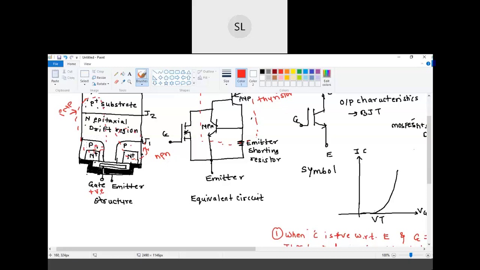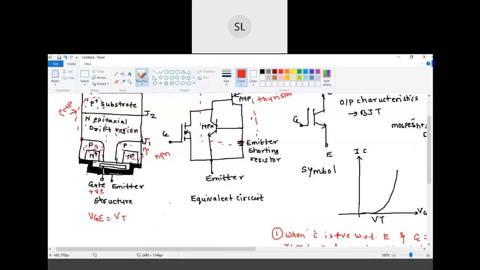Now for Vg less than Vt, this n channel is not sufficient to start the conduction, but when Vg is equal to Vt, sufficient electrons will be attracted into this p region so that the channel will be formed and this J1 will become forward biased. So this p region will lose its identity as a p region and it will start acting as an n region. Okay, so now for Vg equal to Vt, or for Vg greater than Vt, due to this n channel, this p region will lose its identity as a p region and behaves as an n region.